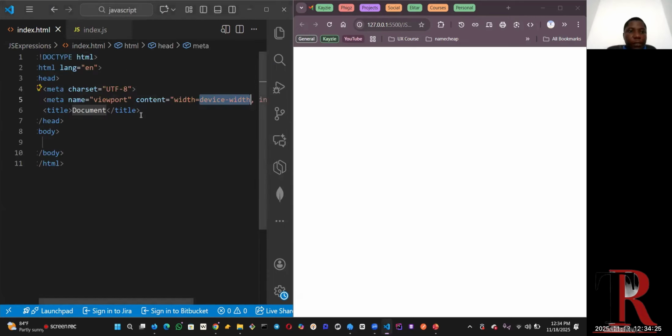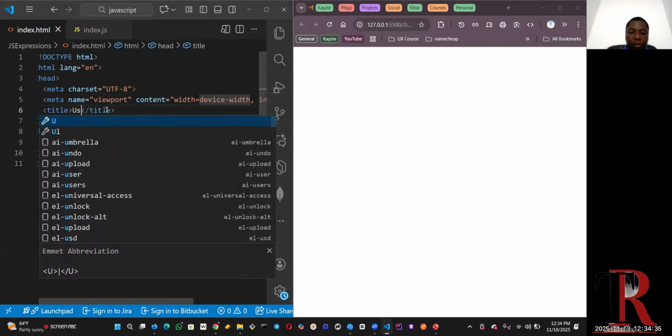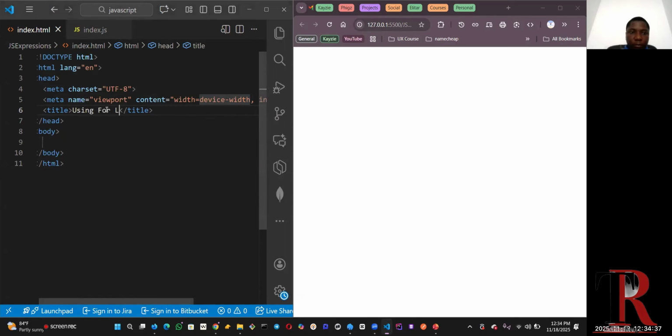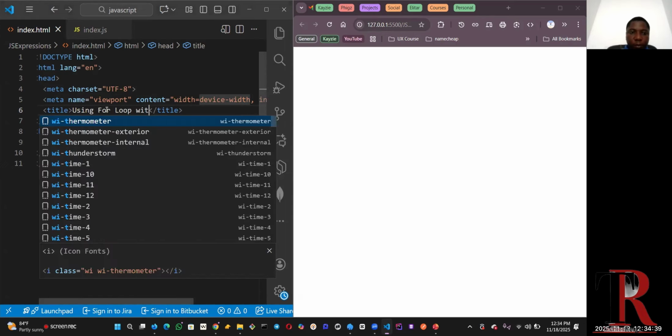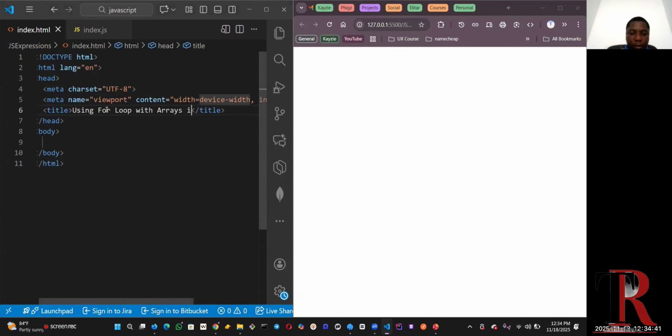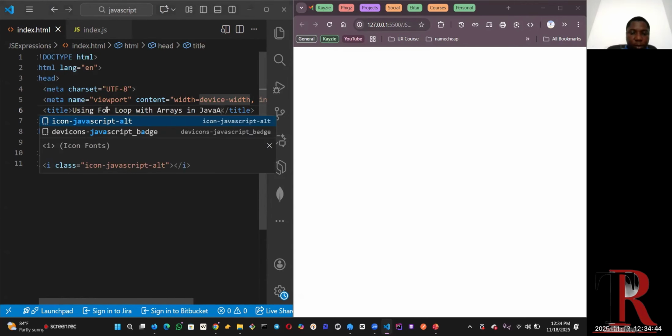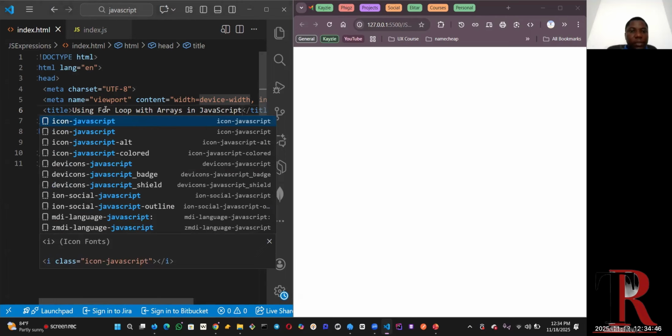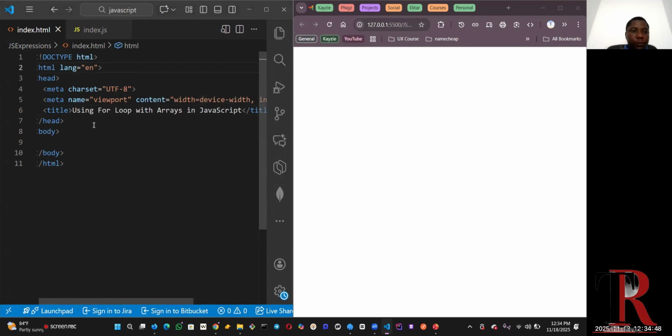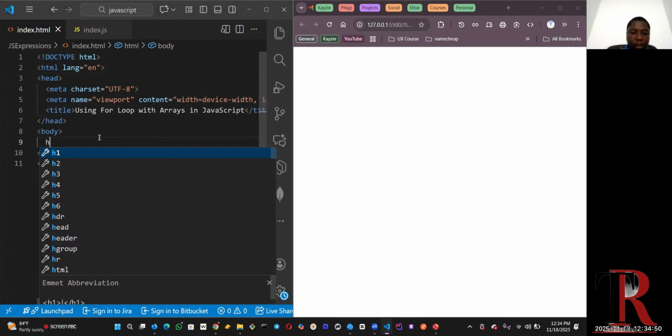I'll make my HTML doc and change the title. I always do change it so that I can keep in sync with what I'm working on. Using for loops, array JavaScript. So it's not necessary if you don't want to. Then I can make a header